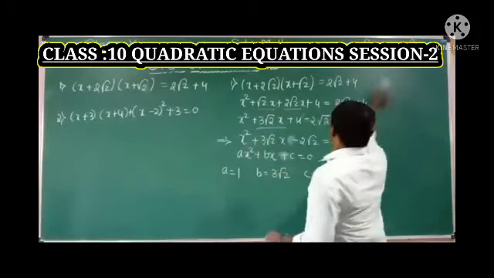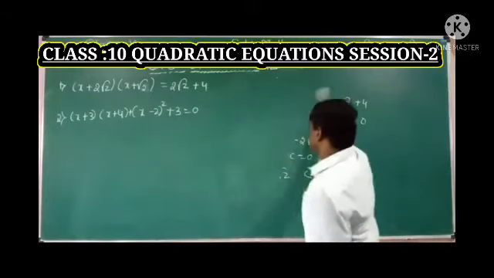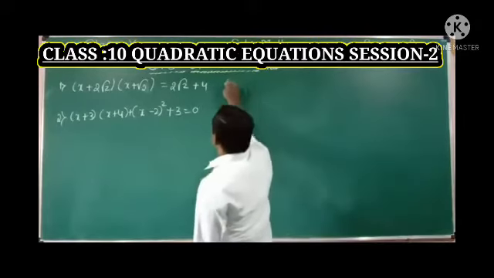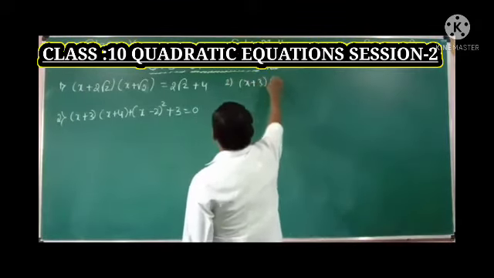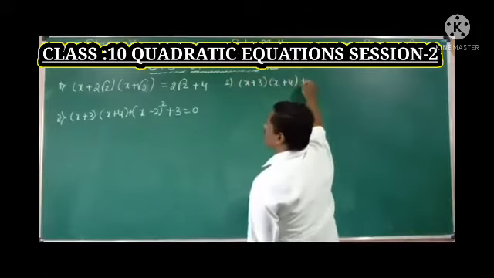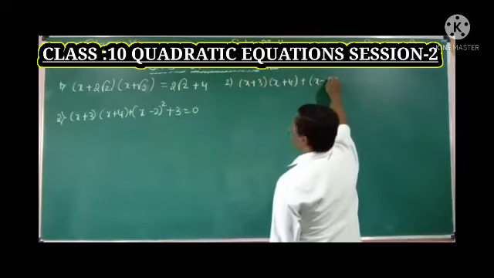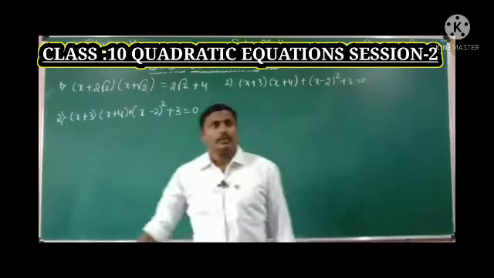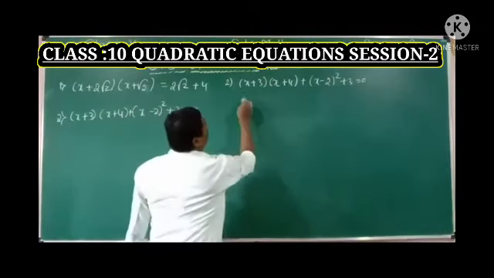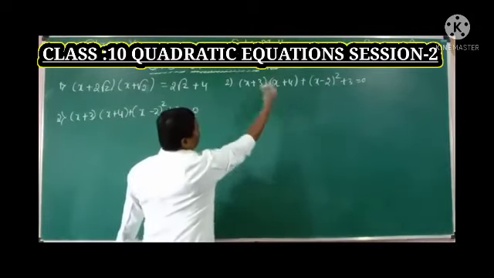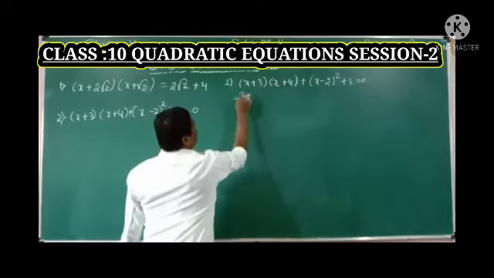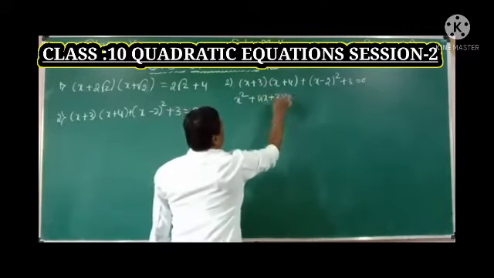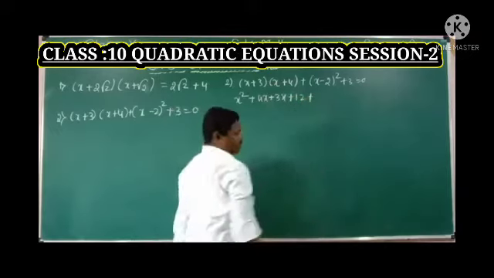Next, similarly solve the second question. In that also you need to write the a, b, c values. So what is the second question? x plus 3 into x plus 4, plus x minus 2 whole square plus 3 is equal to 0. These two are the binomial products, so multiply the first binomials. x into x, x square, plus x into 4, 4x, plus 3 into x, 3x, 3 4s are 12, plus